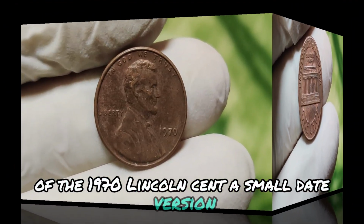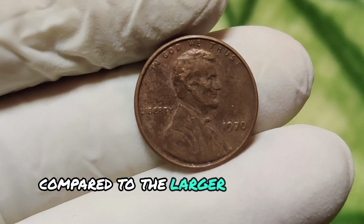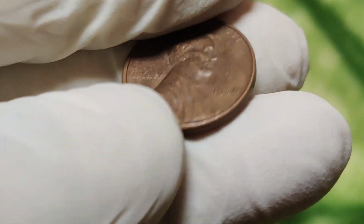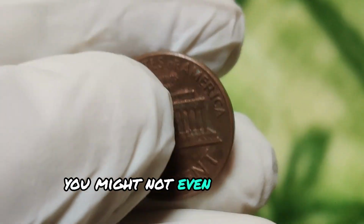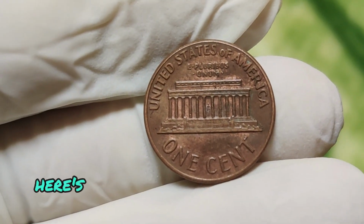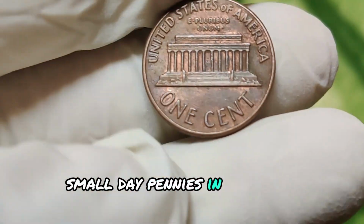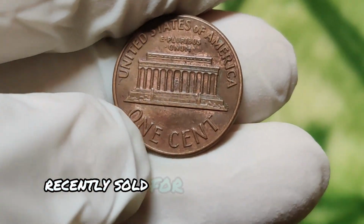The small date version has a much smaller 7 and 0 in the date, compared to the larger ones on the common variety. At first glance, you might not even notice the difference, but coin experts can spot it right away. Here's the kicker: one of these rare 1970s small date pennies, in mint-state condition, recently sold for over $38